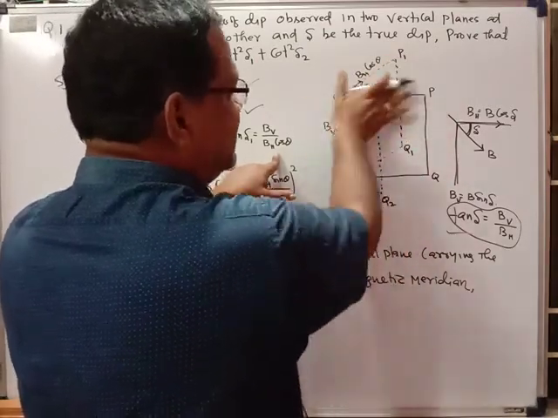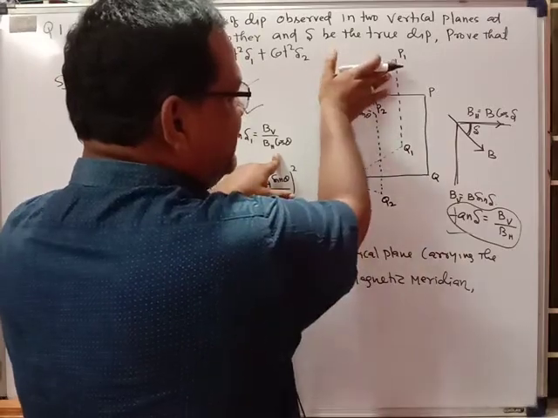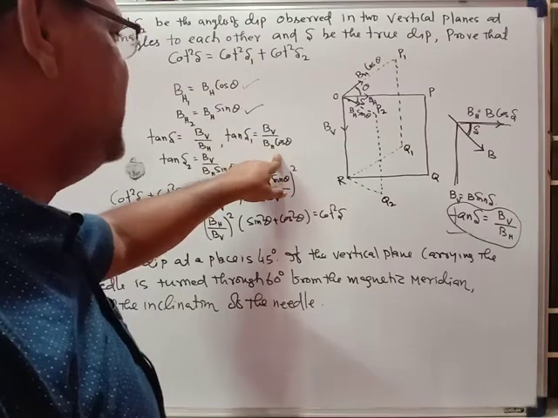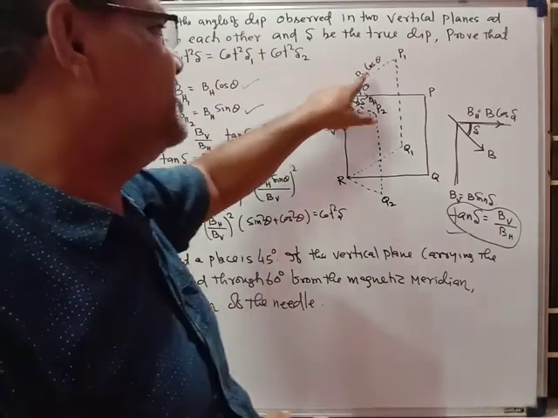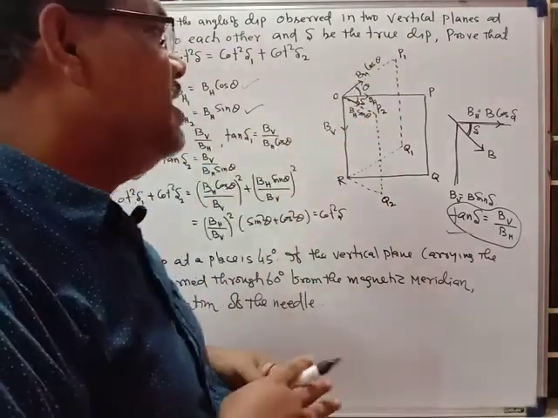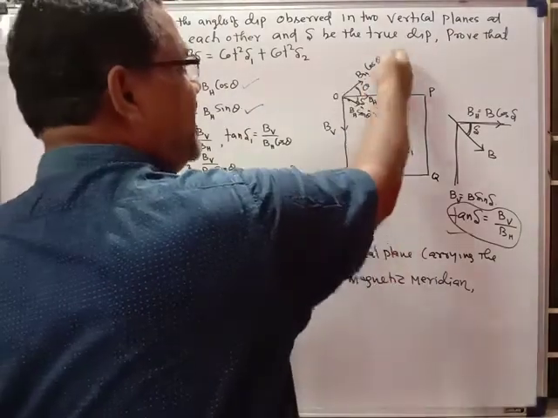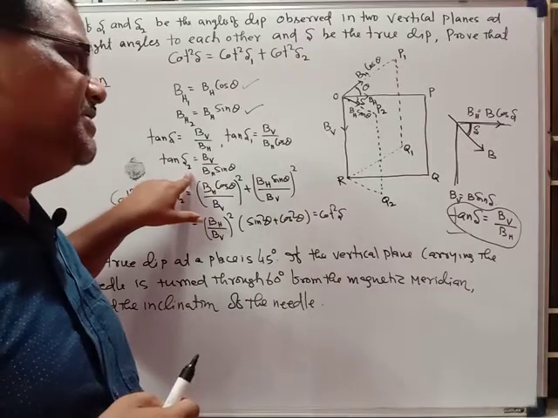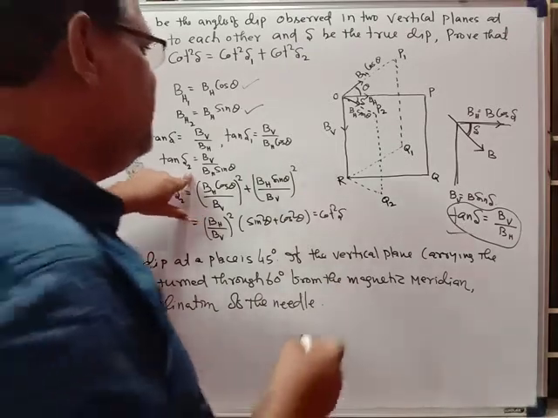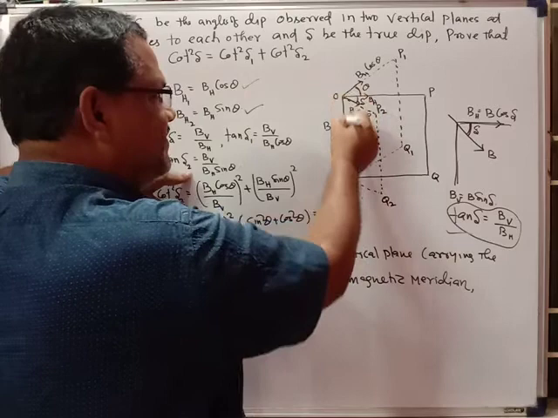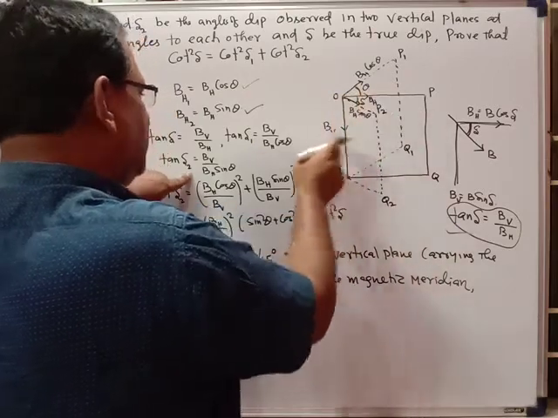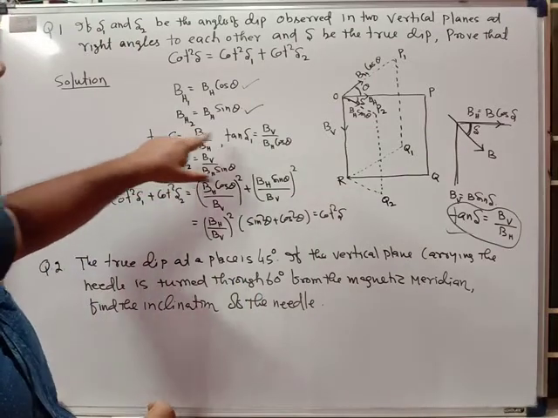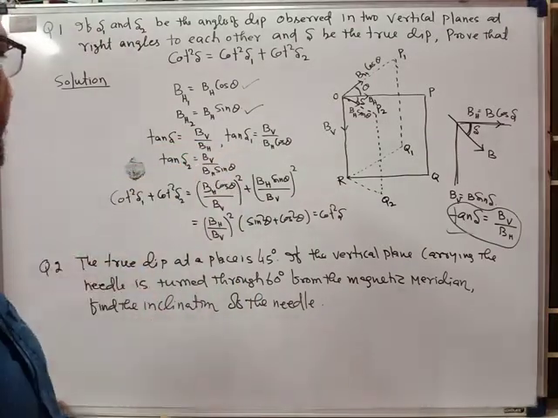because the theta angle is rotated, because this plane is making angle theta with the magnetic meridian. This is the magnetic meridian and this plane is making theta degree angle with the magnetic meridian, that is BH cos theta, because the BH cos theta is the horizontal component along, we can tell, the first vertical plane. Similarly, if you consider tan delta 2, it will be equal to BV. BV will be the same for all the planes, BV upon BH sin theta. Clear? You get the tan delta 1, tan delta 2.